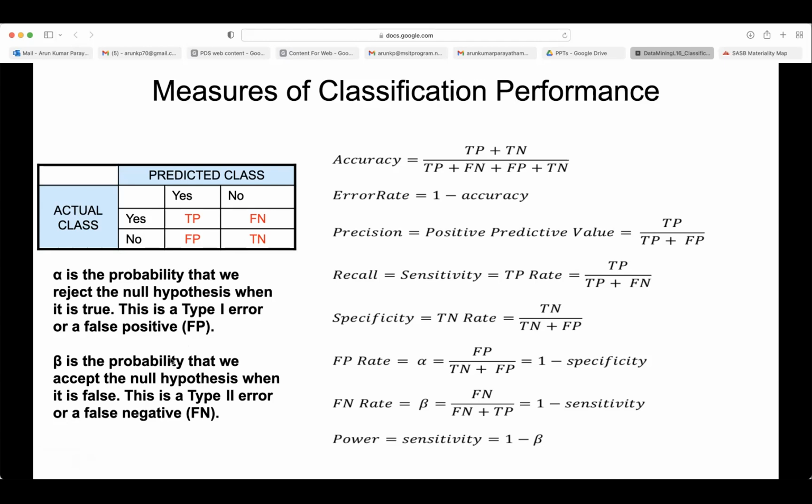Or you want to catch all the things, then what is the cost for each false positive, what is the cost of the false negative, then see for which you are getting the least cost. That model you need to choose, not just by accuracy or precision or recall. All these things will give you only a general picture, but customized to the business, these type 1, type 2 errors, that is nothing but FP rate and FN rate, are important. In other words, specificity and sensitivity are important to choose the model.